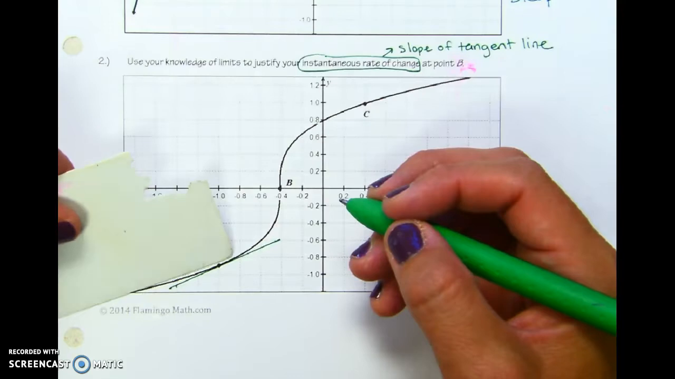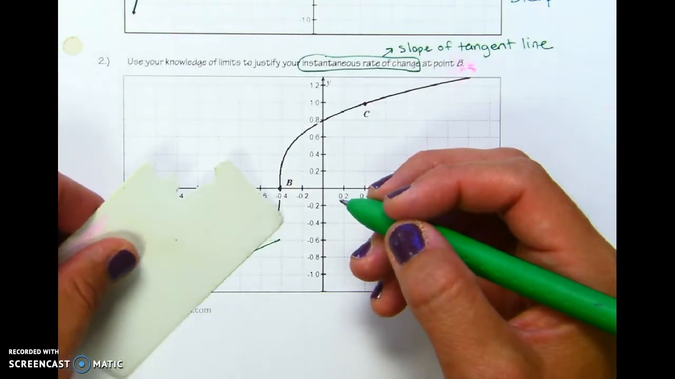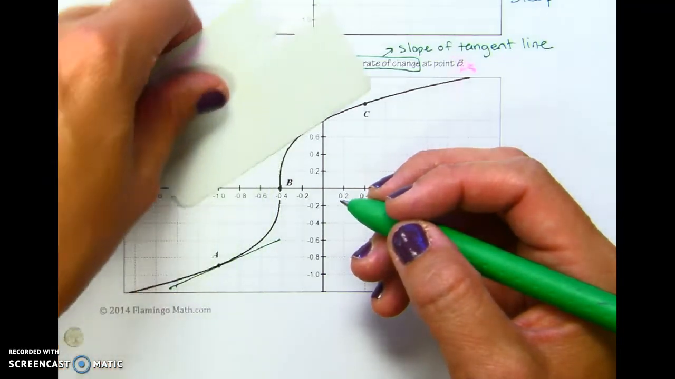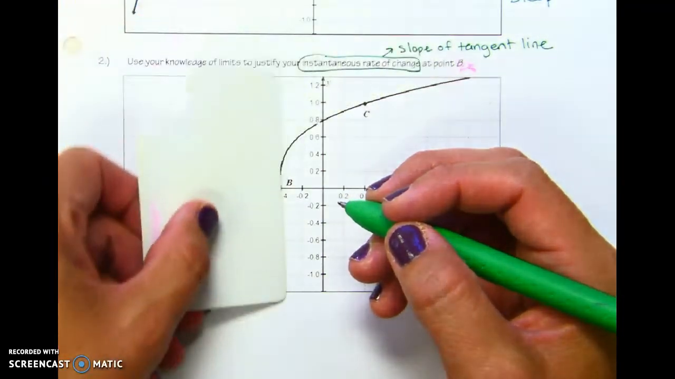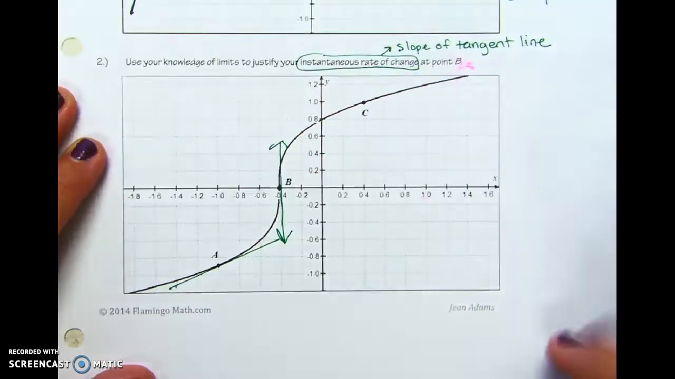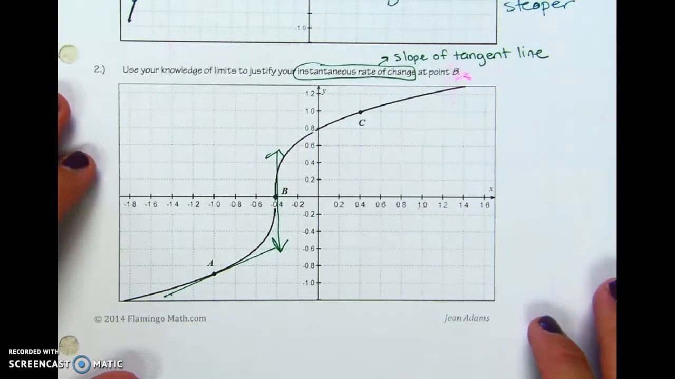Okay, so you see here the tangent line is outside the curve, and then here it gets vertical, and then it goes on top of the curve like this. This is how the tangent line is moving. So if this is a vertical tangent line,